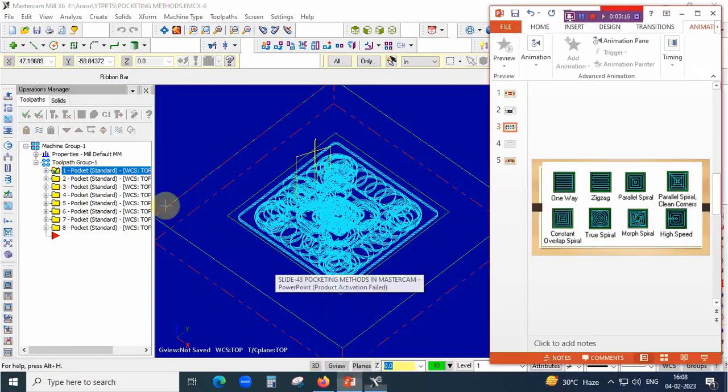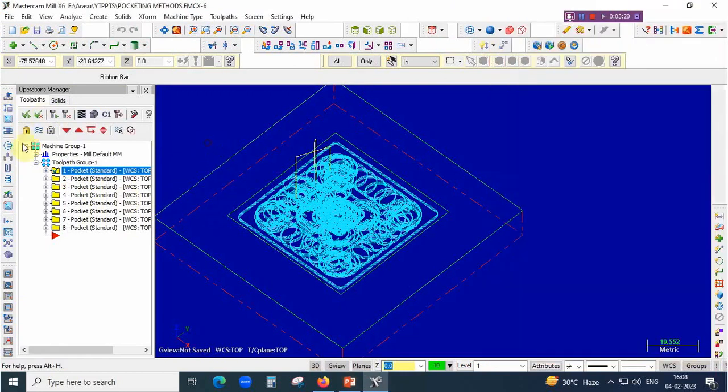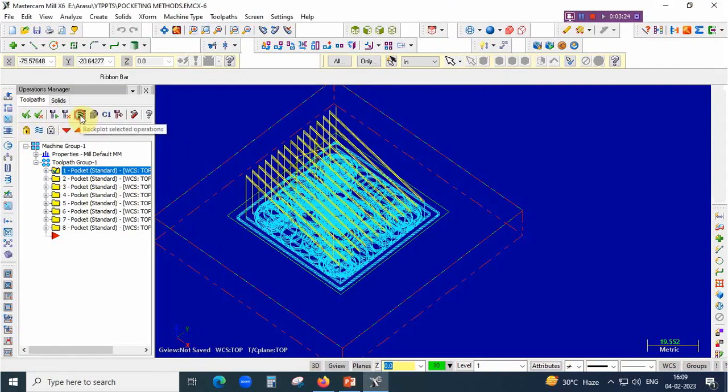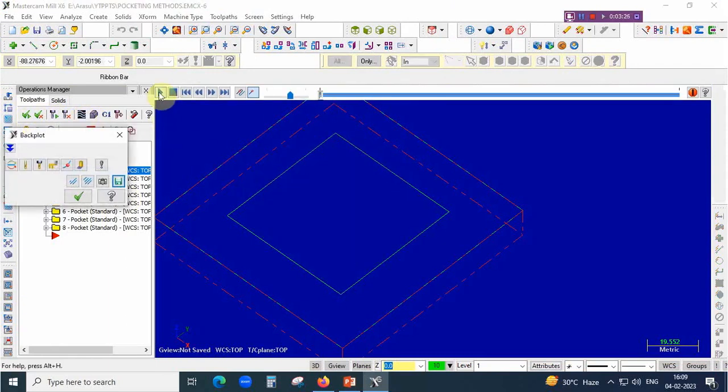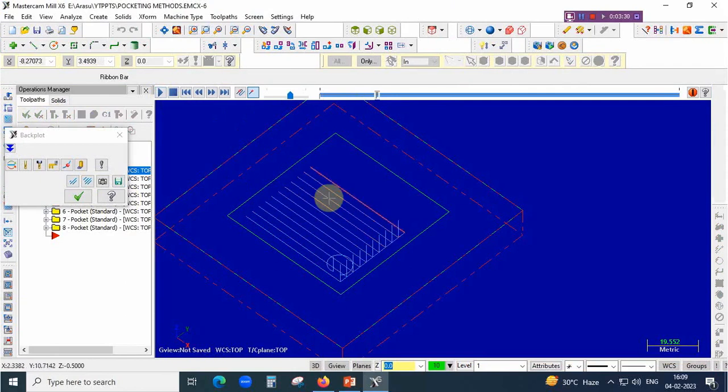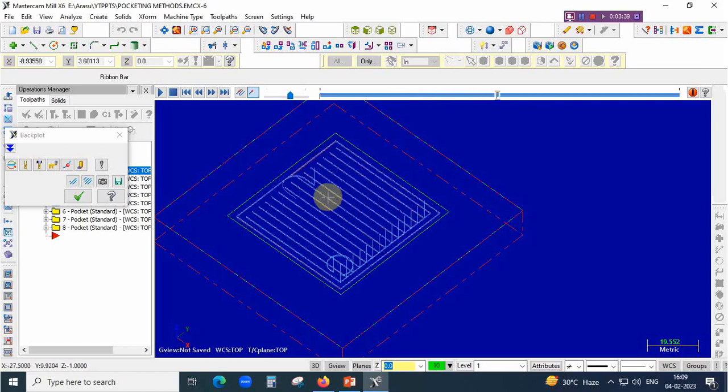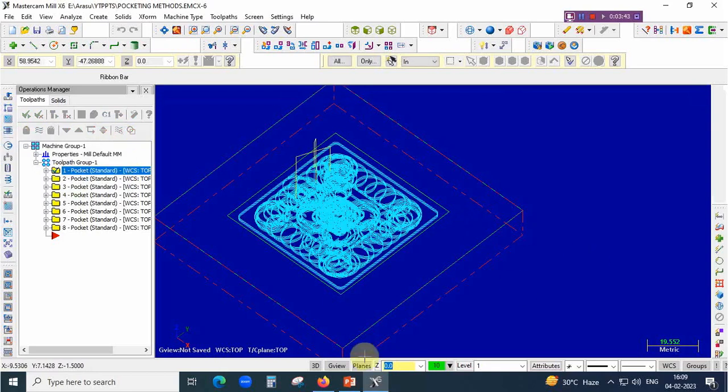So this is one way. The cutter movement will be like this. Regenerate. The cutter movement will be like this. In one direction only the cutter is moving and removing the material. So this is one type. And then